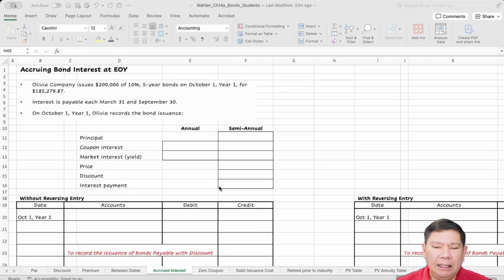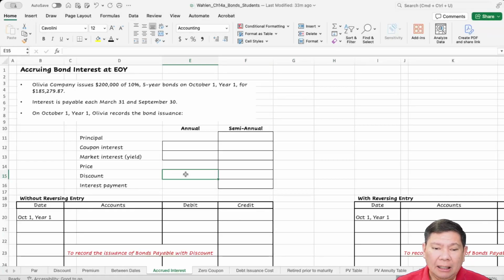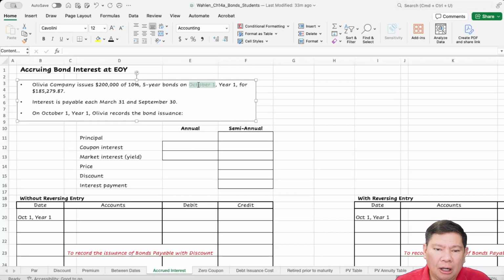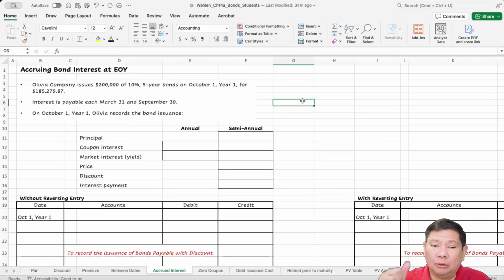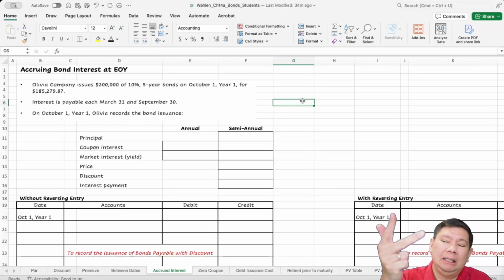Hello everyone, in this video we're going to accrue bond interest at year end. If the bonds are not paying interest on December 31st, there is a different date, so we have to accrue interest up to December 31st that year. So for example, like this one, these bonds were issued on October 1st, so there is October, November, December, 3